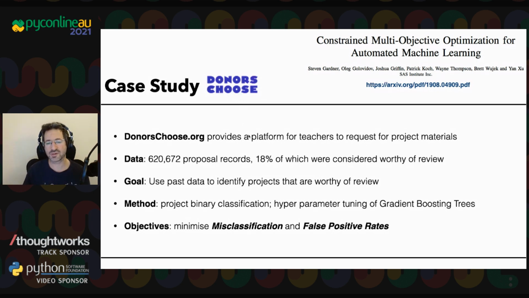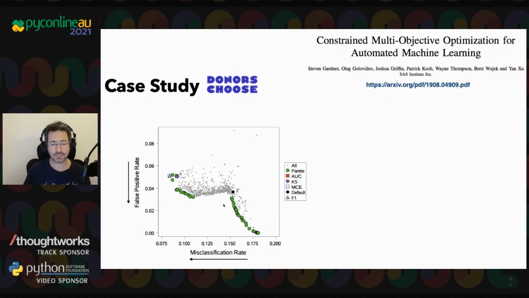The thing is that they get many proposals. Only about 20% of them are actually worth their while, and so they wanted a machine learning algorithm to minimize misclassification and simultaneously minimize false positive rates. The details don't matter, but the fact that they had two objectives to minimize for is what I'm showing over here. Just using the vanilla parameters, without doing any tuning, they have a misclassification of about 15% and just about 3.5% false positive rate. They tried single objective optimization, minimizing a few metrics, and you can see it massively reduced misclassification, but actually it did worse in terms of false